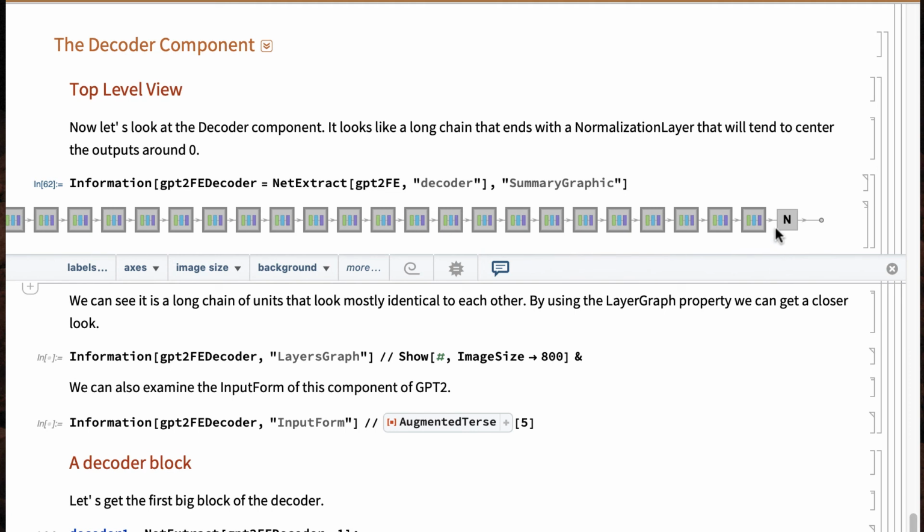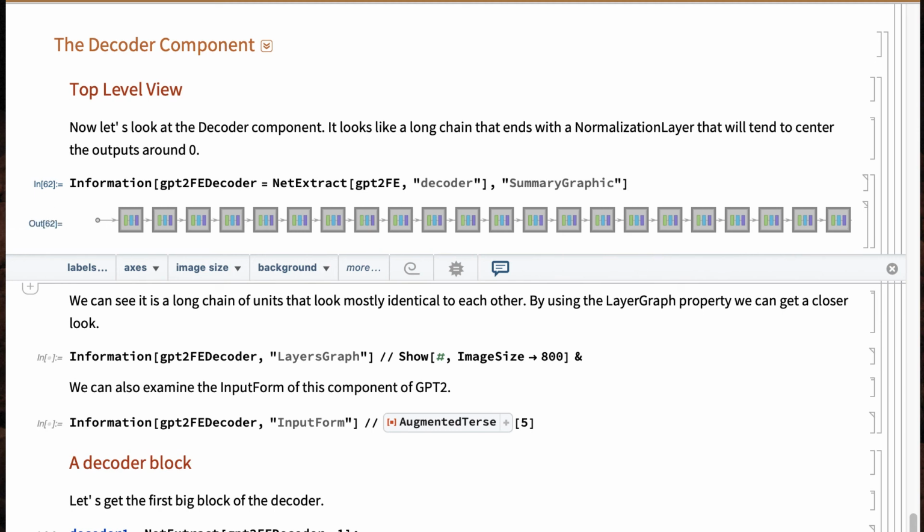It does end with an N, and I happen to know that that's called a normalization layer, that's the little iconography for a normalization layer, which basically tries to make it so that the mean of the data is 0, and I think the standard deviation is 1. All right, so what can we do? We have this decoder part. We can look at the graph of the layers. And I want to make this big because it's a big, complicated graph.